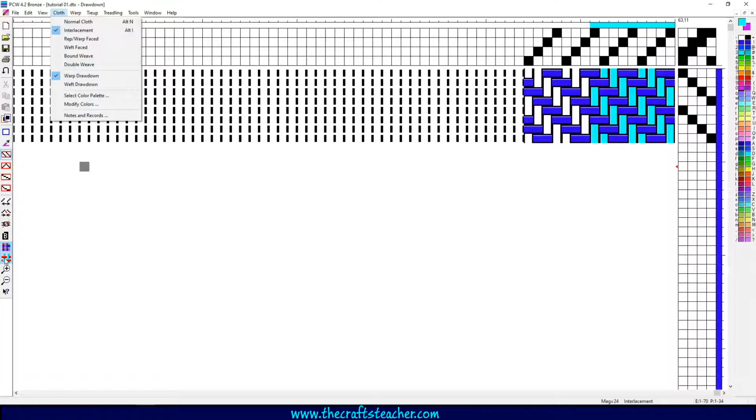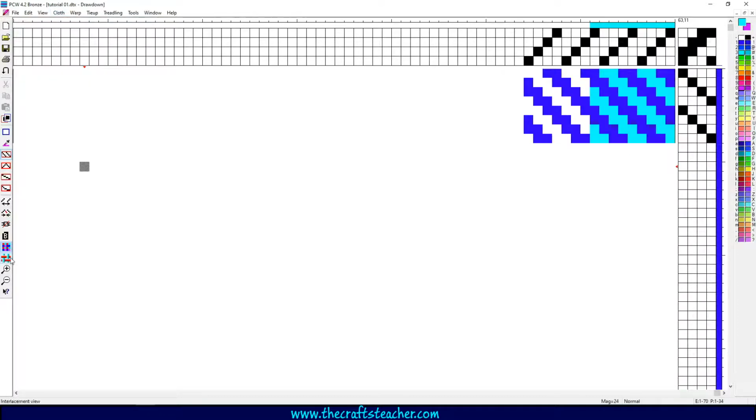You can also use this button to switch this. If you hover over it, you see the interlacement. You see now here that the background is light gray, and this means that you don't see interlacements. If you go here, you see the mark here as a normal cloth.